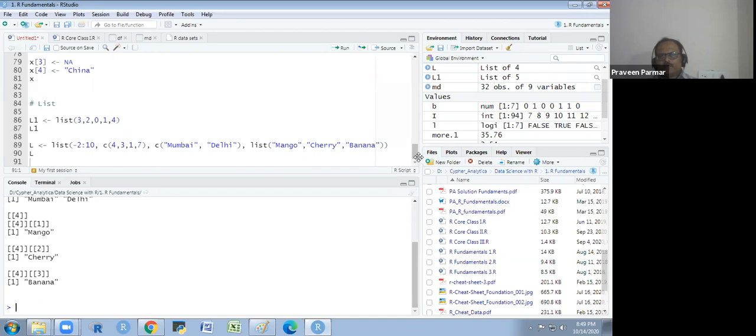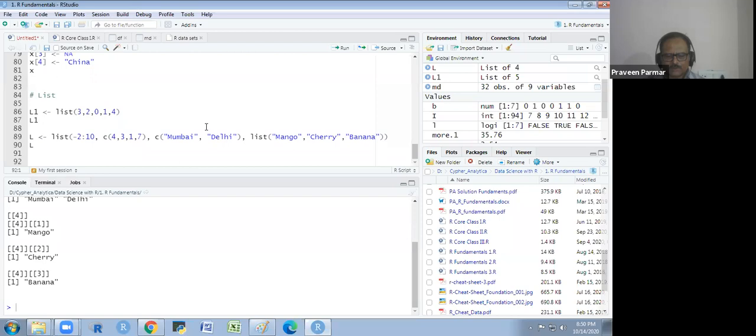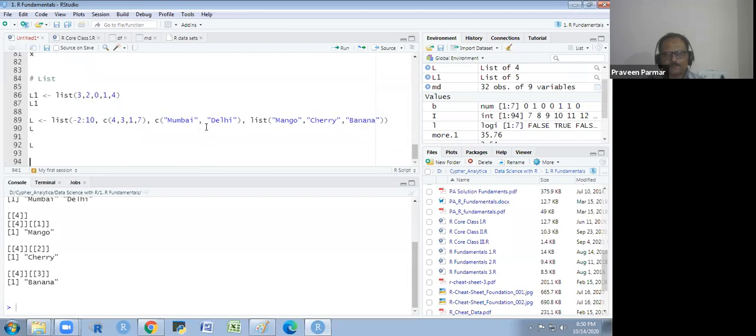Now, if I want to access some item from it, what will I use? I will use the square bracket. And there are sublists, there's a vector, so I have to use the double square bracket for that.